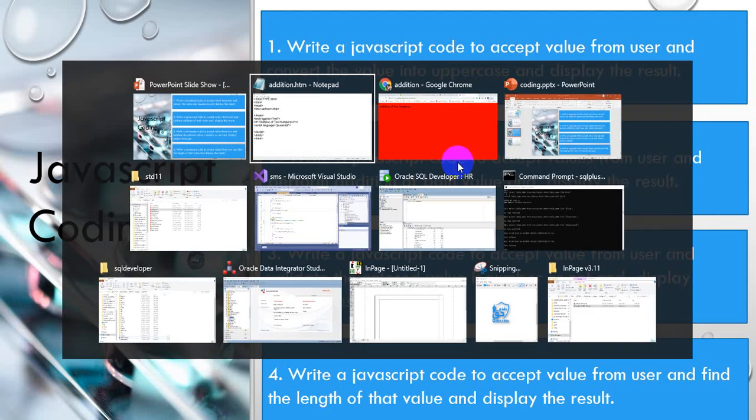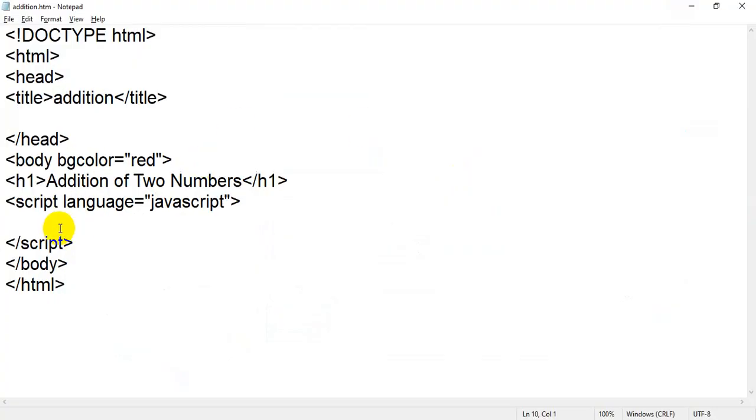So again I am going back to my notepad, and I will declare a variable. For example, this is my variable name, firstnumber. I have written firstnumber, and then equals to.